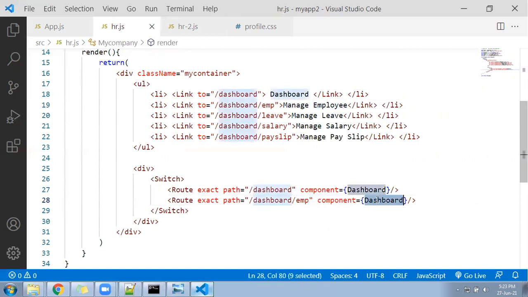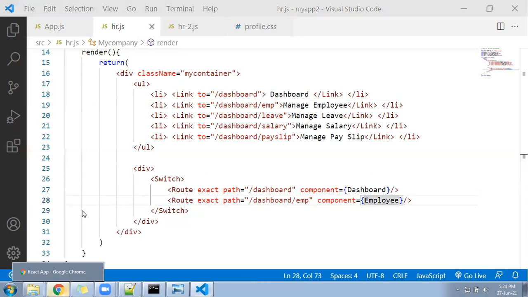Imply component. Right? Now I will show you how this is going to work. Okay, so I have given the file links. Out of that, for dashboard and leave, I added here. For dashboard and emp I have added here. Now I will run the page and I'll show you whether these two are functional or not. Which one? Dashboard and emp.